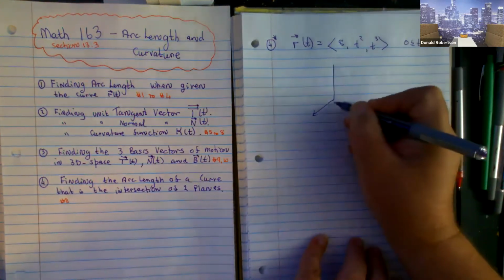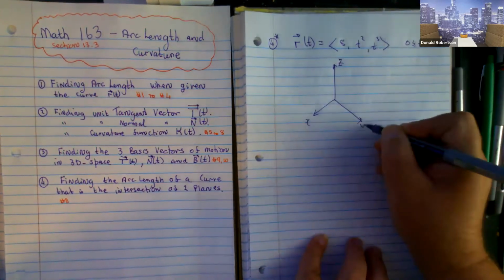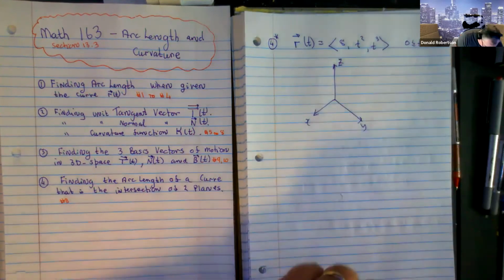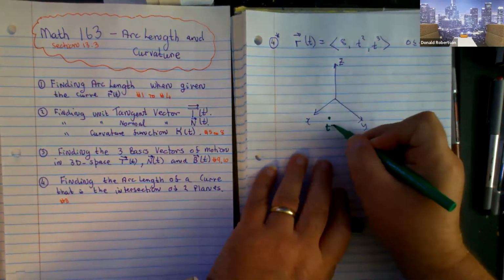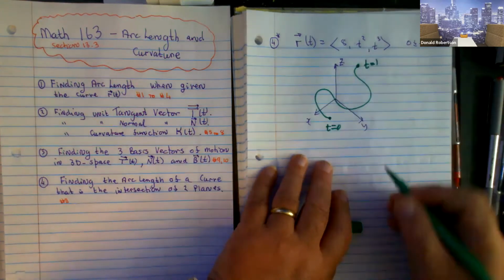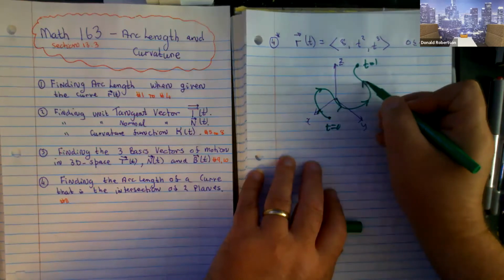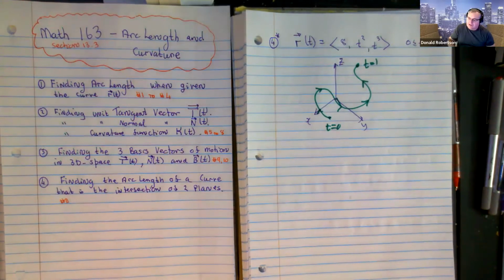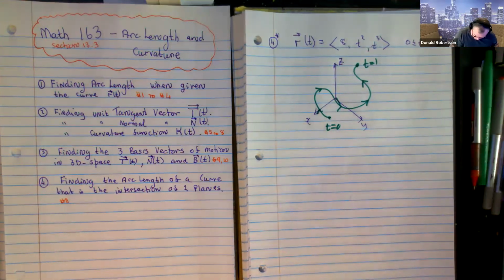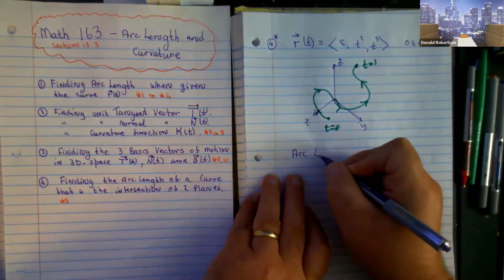So if you can imagine, and this is me just pretending I know what the space curve looks like, that t equals 0, the curve is here, and then it does something like that, and then up here, it's t equals 1. When you're finding the arc length, you're basically finding the distance you would travel if you went along the curve from t equals 0 to t equals 1. So what we're going to do now is go through the process. The formula for calculating the arc length